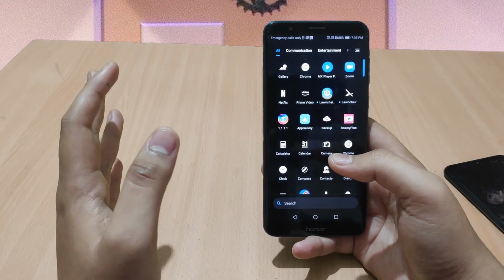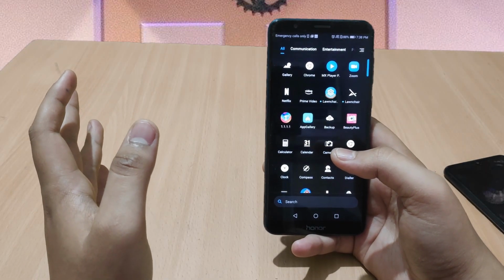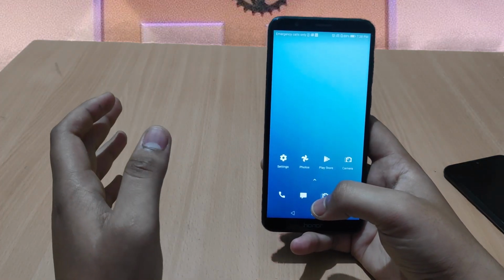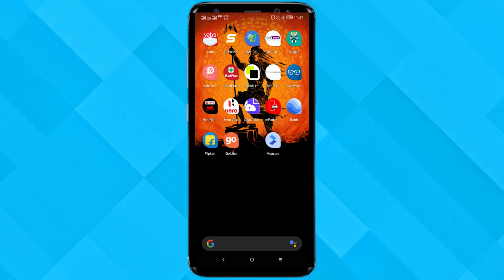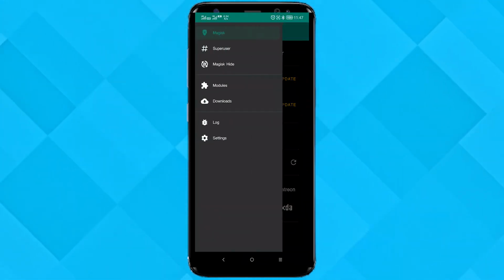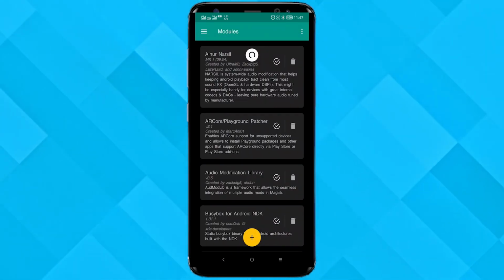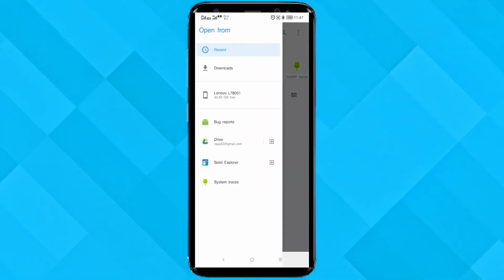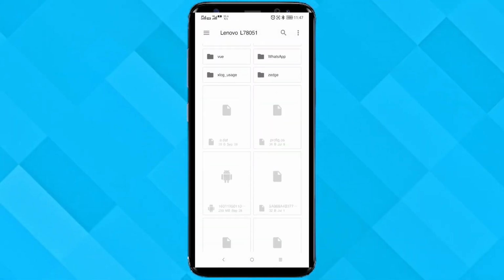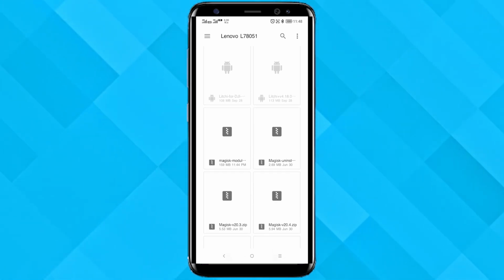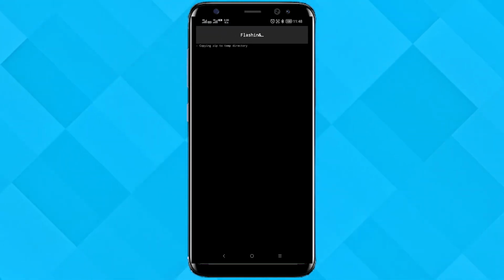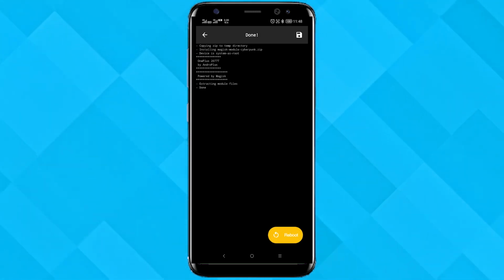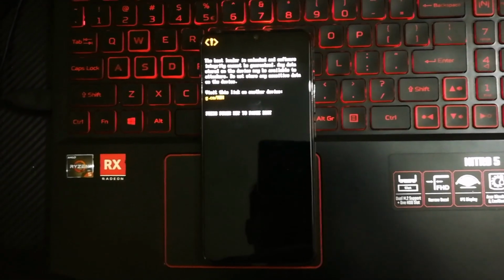One of my friends tried the Magisk module on a Lenovo smartphone. He tried using this process. I will show you how he installed the Magisk module. Open the Magisk Manager, tap on the top left corner and click on the add button to add the module. Now browse for the module you have downloaded. This is the Magisk module zip file. Browse through the directory and click on the Magisk module. It will get automatically installed on your system. All you have to do now is reboot your device. After rebooting, the boot animation will look like this.